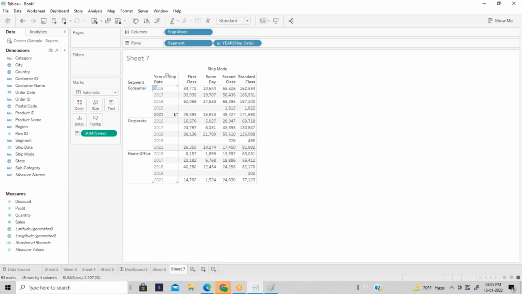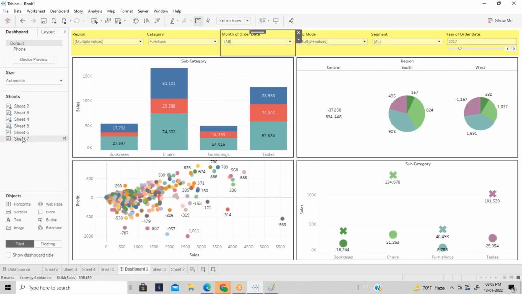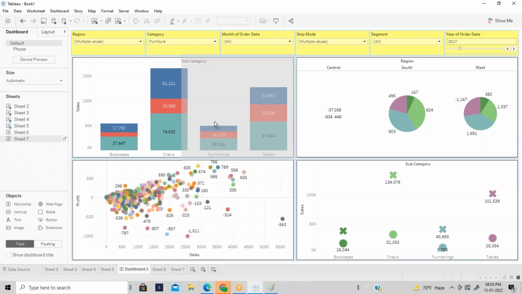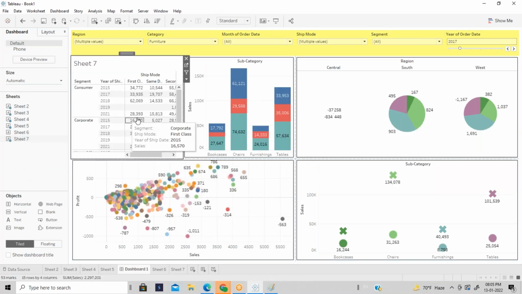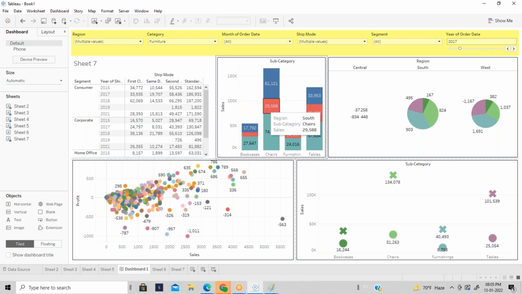Okay, so this is a simple report which I created. Now I'm going to add this sheet into the dashboard.